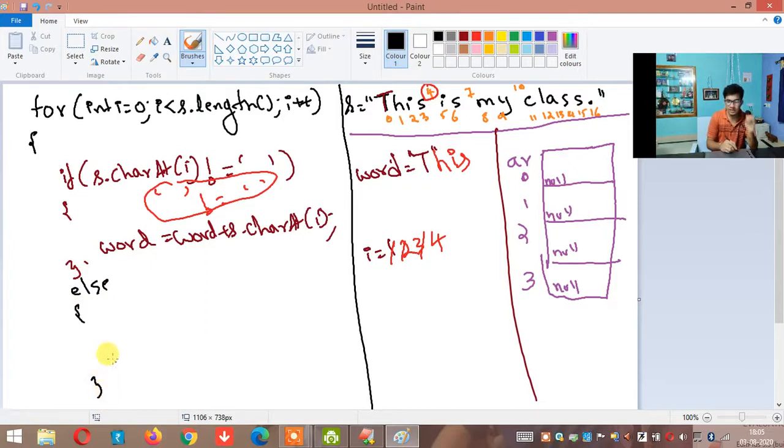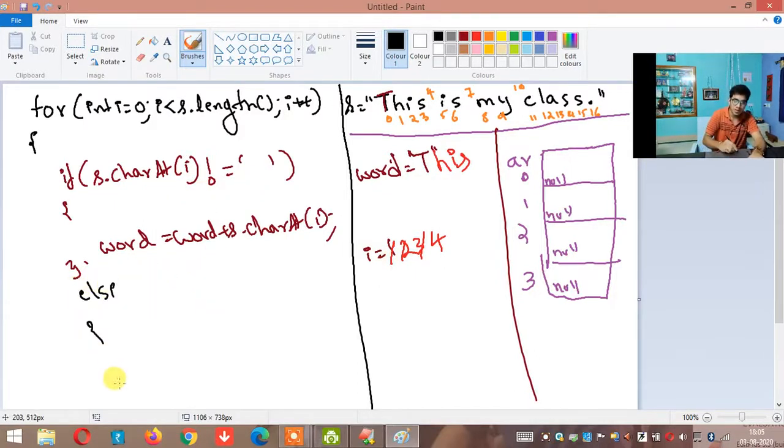Your control will come to the else part when it sees a space character. Why like that? Because if it doesn't see a space character, maybe it sees character A. A is not equal to space, this will execute.